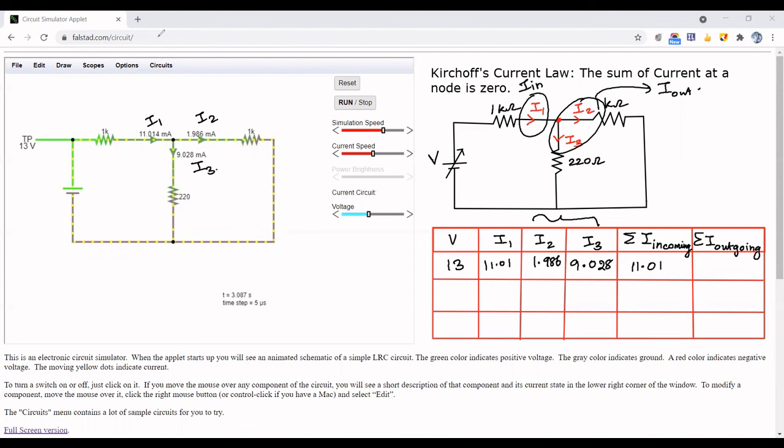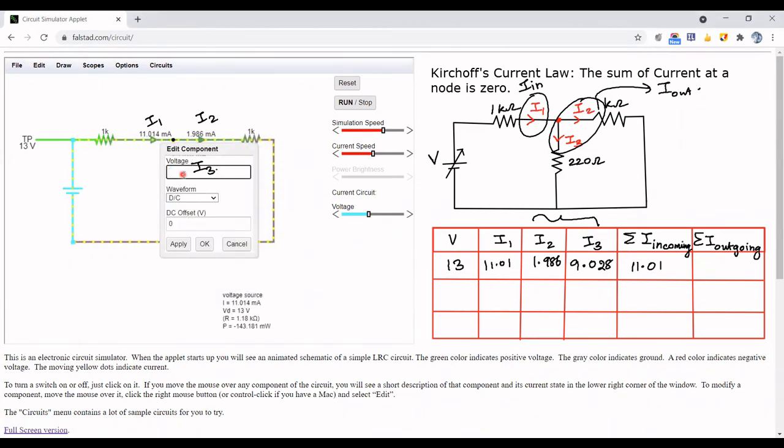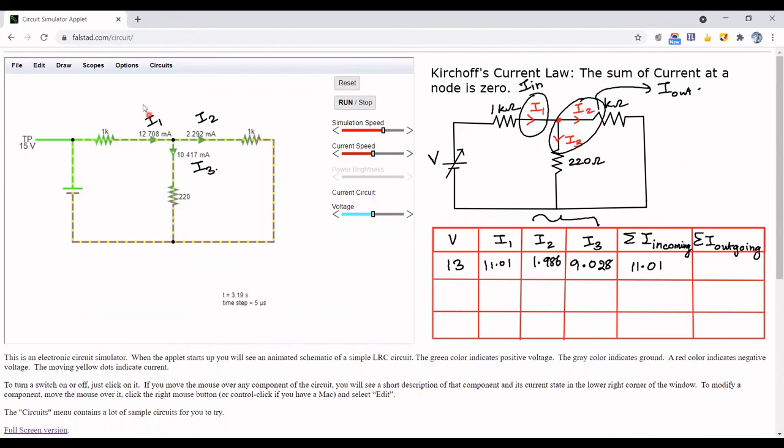And repeat the same by changing the value of voltage. And now the voltage is 15, and tabulate the values and verify if the incoming current is equal to the outgoing current. And if both incoming and outgoing currents are equal in all cases, then that verifies Kirchhoff's current law.